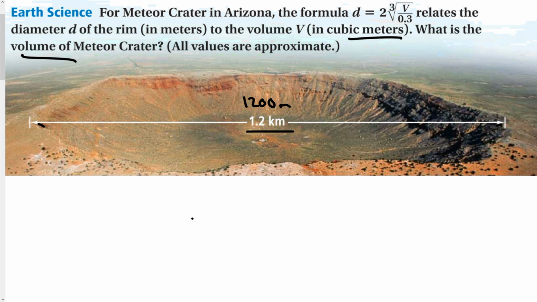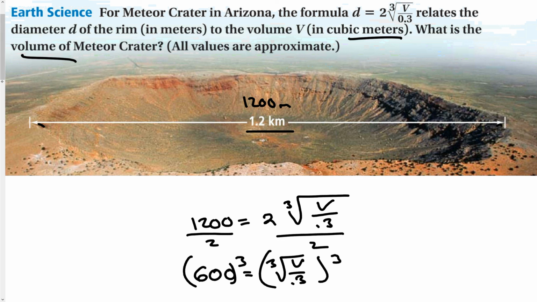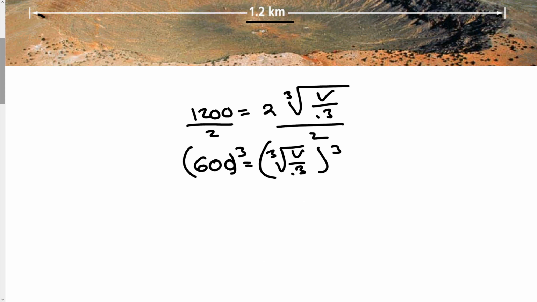So 1,200, the diameter, is equal to 2 times the cube root of the volume over 0.3. Okay, divide out the 2. We get 600 is equal to the third root of the volume over 0.3. If I want to get rid of a third root, I raise both sides to the third power. So, third power, 600 to the third power is going to be a rather large number,